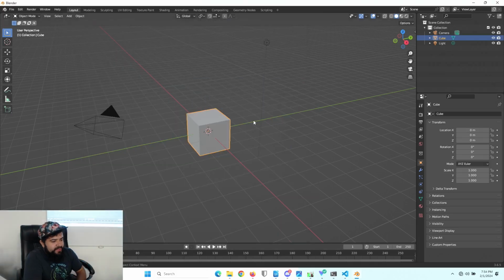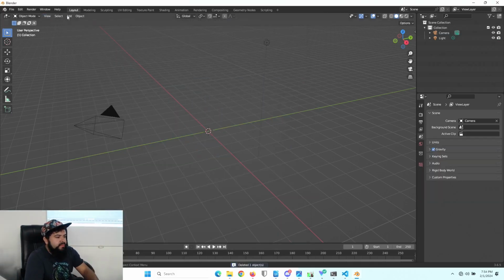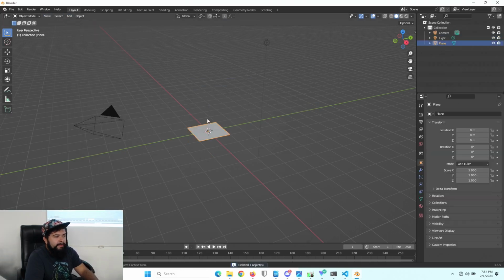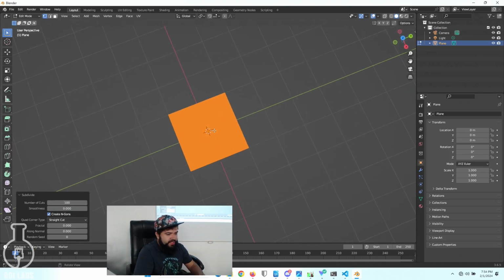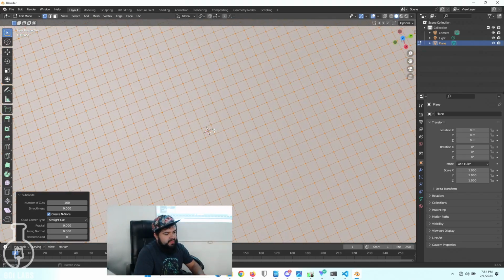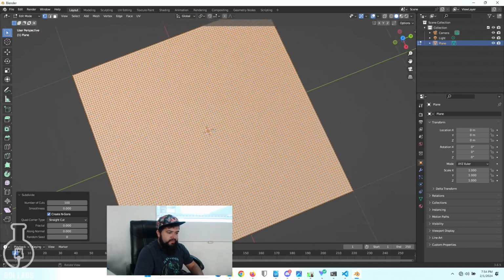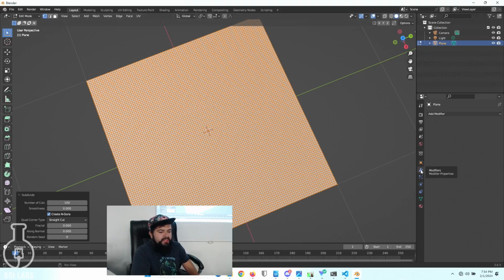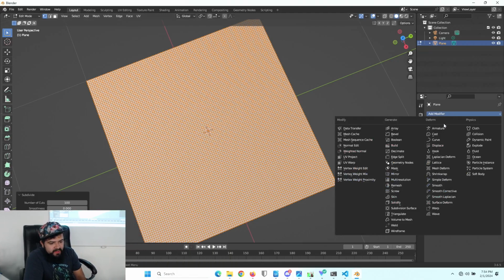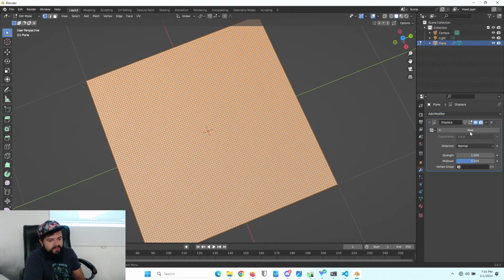So sorry, what was the question? Just how you went from the plane to the actual, and then using the depth map. So you go to edit mode, subdivide, and the higher the cuts, the higher the resolution, right? If you wanted to, you could go 1,000, and it basically cuts this by 1,000. But then how do you apply the depth map that you output? That would be on the modifiers. Add modifier, and it's Displace. You click on new,